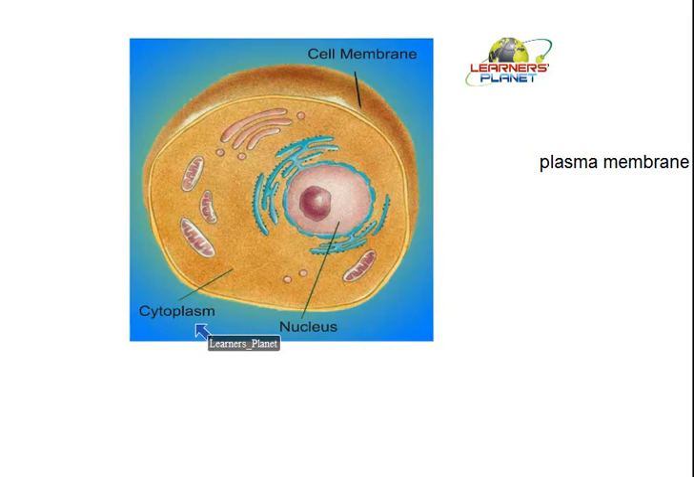Further, the third part is the cytoplasm. It is this jelly-like matrix which fills the cavity inside the cell membrane, in which all other organelles are embedded. It is made up of water and different types of chemicals. So it is an aqueous solution, a solution made up of water and various biomolecules. Now this cytoplasm is also common in all kinds of cells. Variation occurs